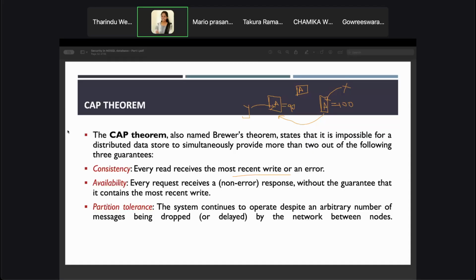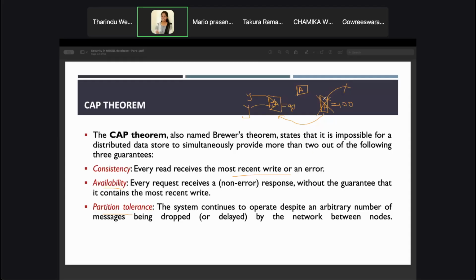every request should get a non-error response. So if Y is trying to read the data, it should give a result which is not an error message, right? It might contain the most recent write, or it might contain some stale data, that means not updated ones. That is availability. Partition tolerance means, let's assume if one node has failed, or if a few nodes are disconnected, even